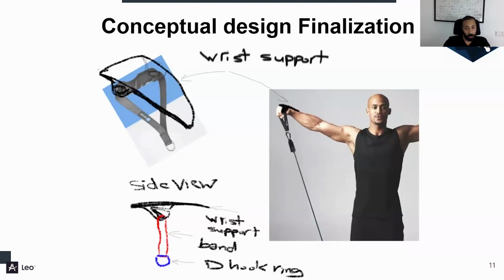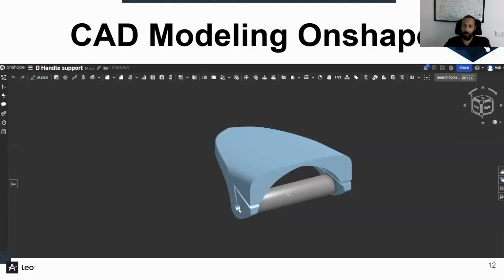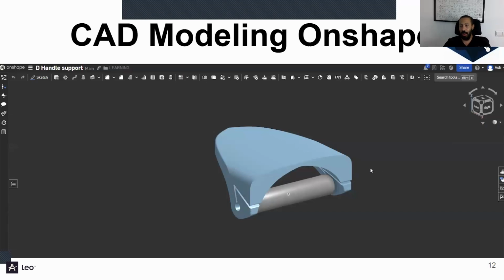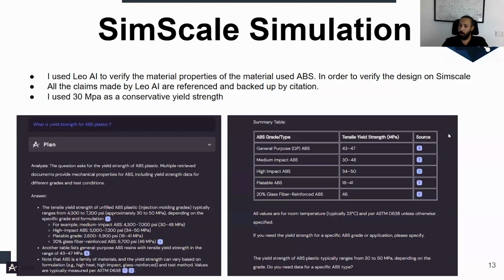So it helped me come up with this groove idea, which is represented in this CAD modeling on Onshape, as we said. So I came up with this groove that is going to eventually allow the T-handle to have the fabric in this area and allow me to hold this handle and perform this training while having that part supporting on my wrist. So moving forward to the next one, I wanted to perform a simulation.